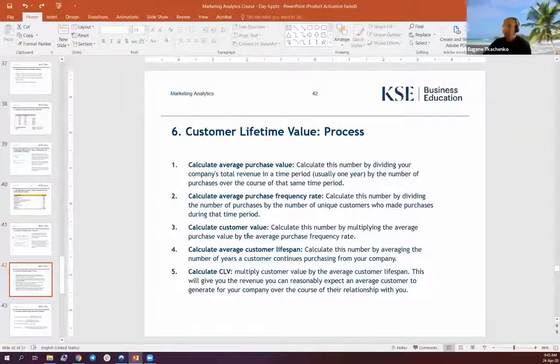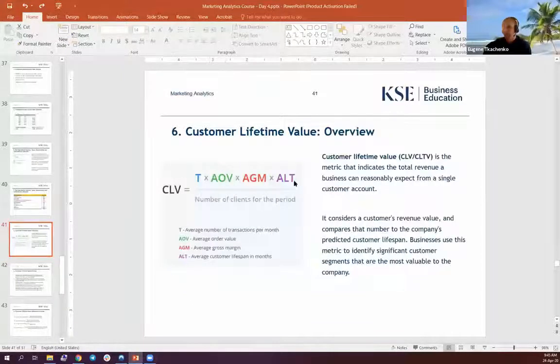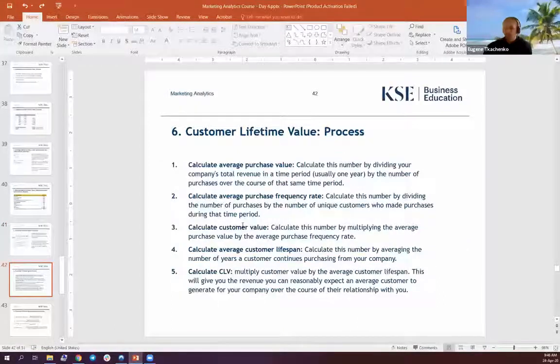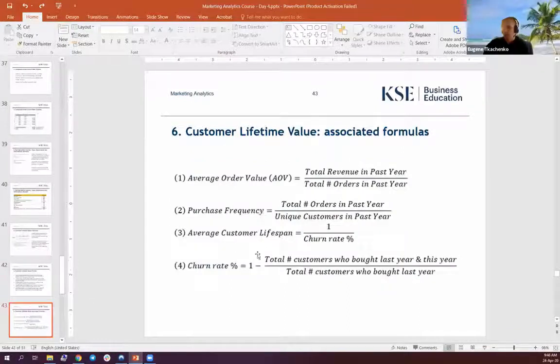So then the customer lifetime value process, or the way to calculate it. You will basically start with the calculation of all previous variables per this formula. The definitions are given as such. Again, I won't dive too deep into that because we will have a small exercise tomorrow, so you guys will get a chance to see it. But overall, it's very intuitive. And when we are talking about the actual formulas, not a set of definitions, they're all here.